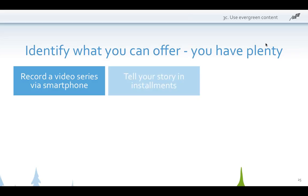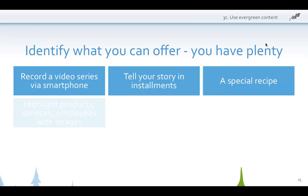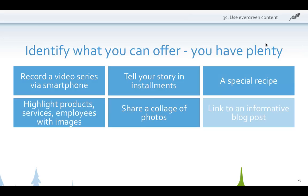So here are some examples of different kinds of content that you might offer within an autoresponder series. Now, mostly I've been focusing on the welcome email, but an autoresponder doesn't have to just be one email. It can be a series of emails. I'm going to show you in a minute or two some examples of companies that have mixed autoresponders with their regular email and their social media postings. But here are a bunch of examples of different kinds of content that you can do